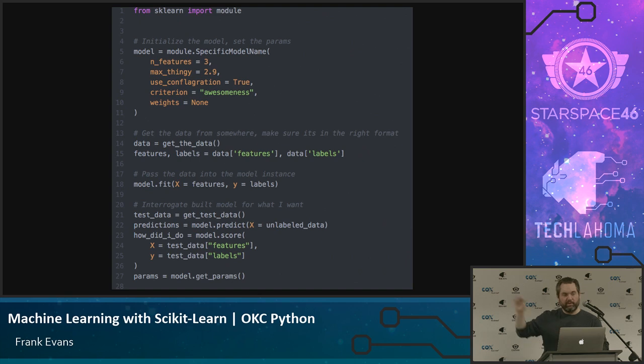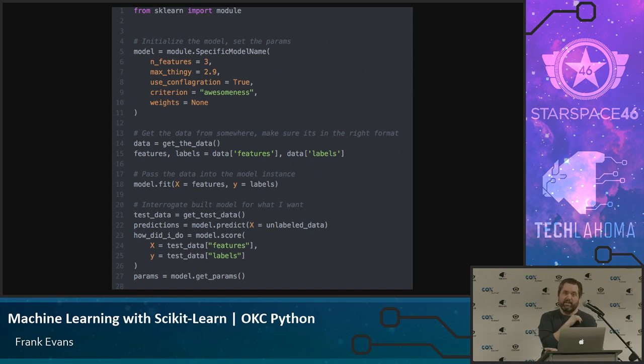You can dump them into a database, you can return them to the screen, you can print them out to look at them, you can use them as a feedback loop to do tuning, you can dump them all into JSON and put them somewhere, whatever you want to do with them. But that's the idea, the general philosophy. Instantiate a blank object with all your configurations, feed data into it, let it mutate itself, train itself on the data, and then essentially interrogate it with methods and properties to get back what you want.